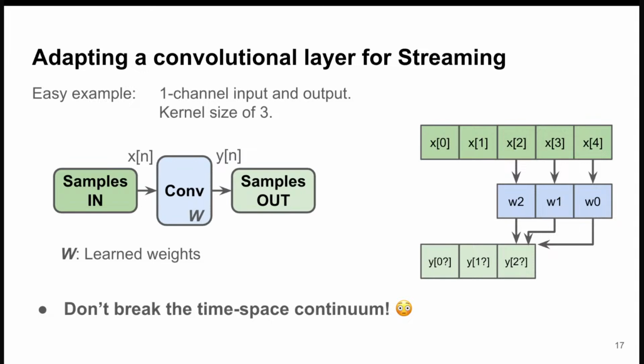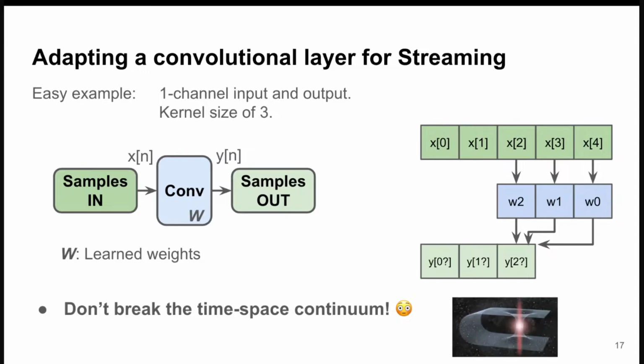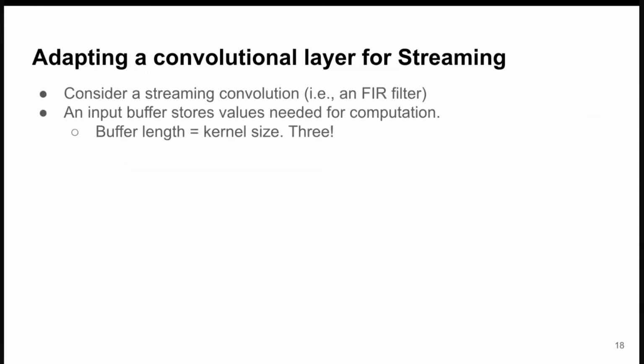What is happening here? We had 5 inputs, 5 audio samples as an input, and we generate 3 audio samples as an output. So there's something that we don't have to do. It's not as exaggerated as generating a black hole inside the computer, but this is pretty bad, because this system is not ready for being implemented in a real-time fashion. So let's take a look at what we can do about it.